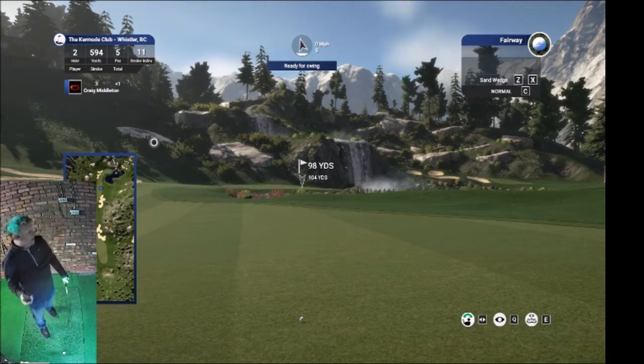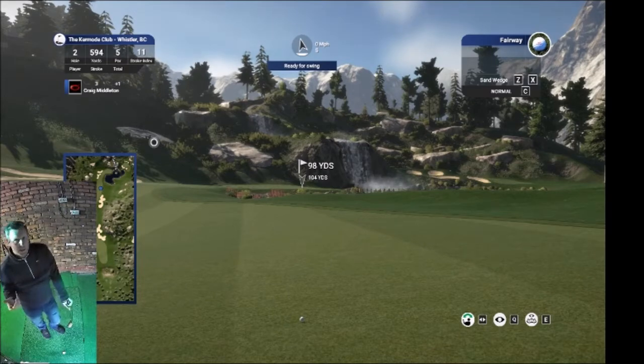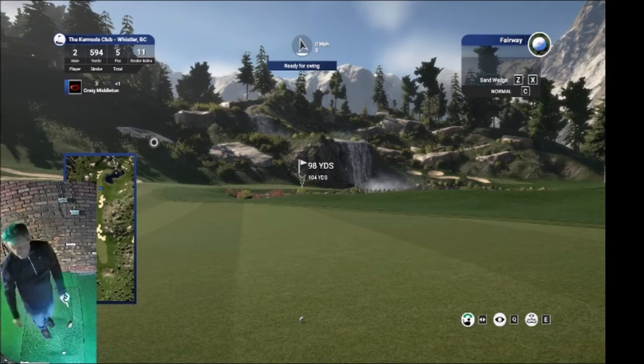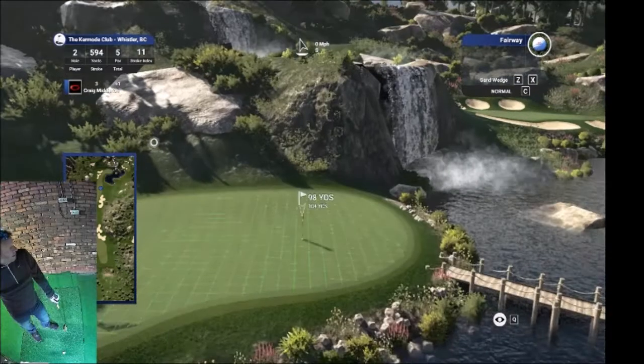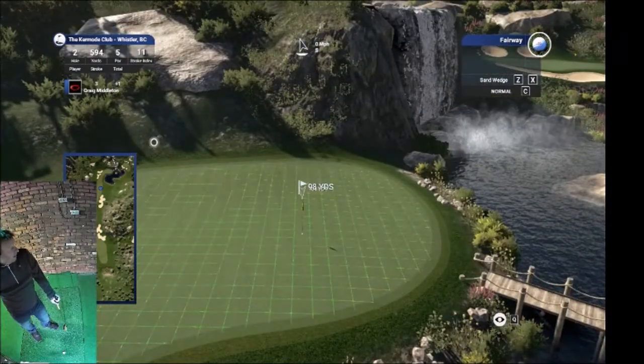Coming on the Golf Sim this evening, I've loaded up the Commode Club on TGC 2019. If you don't know about the Commode Club, for me, it's one of the best fictional courses on the platform. Set up in the mountains, waterfalls, pine forests, absolutely beautiful. And on the second hole here, we've got 98 yards, third shot to a par 5, over water to a